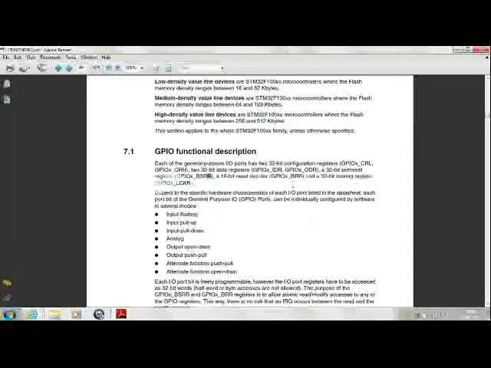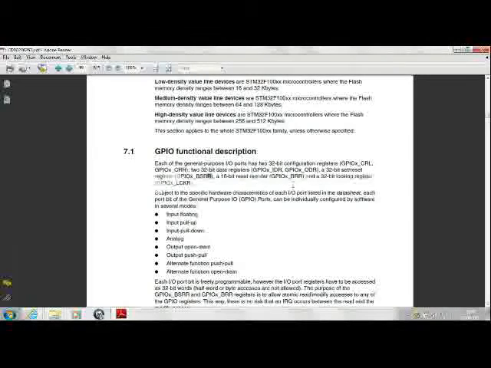Now programming these registers allows you to configure each port pin in the following modes. One is input floating, that is your input is a floating value and not connected internally to any pull up or pull down resistors. You have to connect it externally from outside. Then you have an input pull up or input pull down option. You have an analog option for port pins that have analog to digital converters on them.